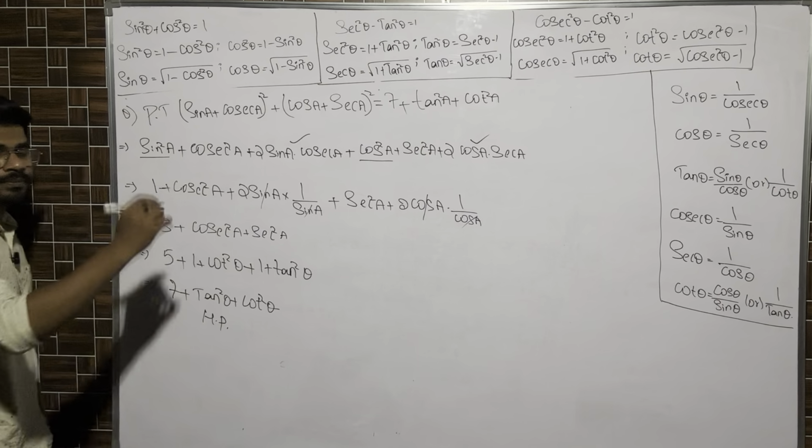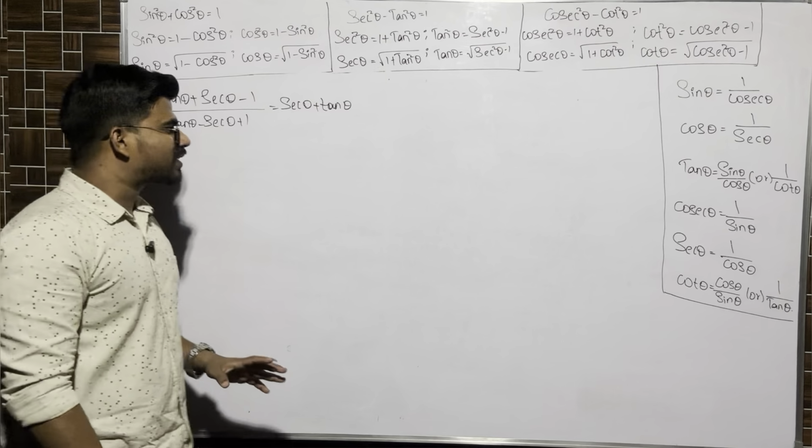Very important sum. Another important question we have right in front of us. It is (tan theta plus secant theta minus 1) by (tan theta minus secant theta plus 1). We have to prove that it equals secant theta plus tan theta. In this question it is quite tricky. You have to use the identity instead of 1. The minus sign is there in the denominator along with 1. Instead of that 1 you have to write secant square theta minus tan square theta.